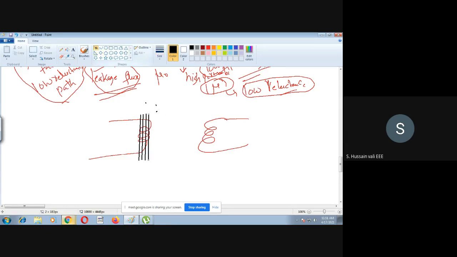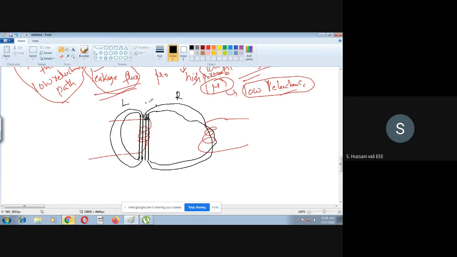Now you see here, once the flux lines have come here, the flux line either goes right side or goes left side. In both cases it is air only. There is no magnetic core here. So as it has air in both cases, there is a possibility that two flux lines will travel like this, and the remaining two may travel like this. Whether the flux lines take the left side or the right side, on both sides air only is present.